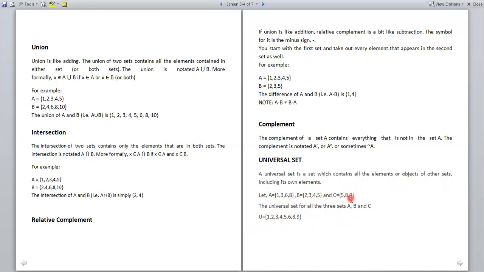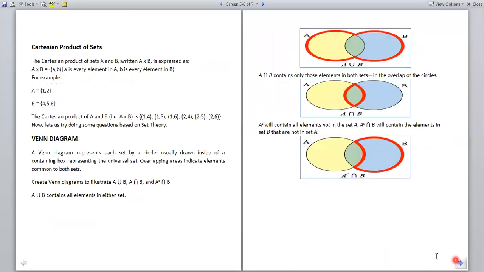When we are combining A, B, C, then the universal set contains all the elements present in A, present in B, and present in C. You can see that some elements are common to all these three different sets, but we write them here only once.